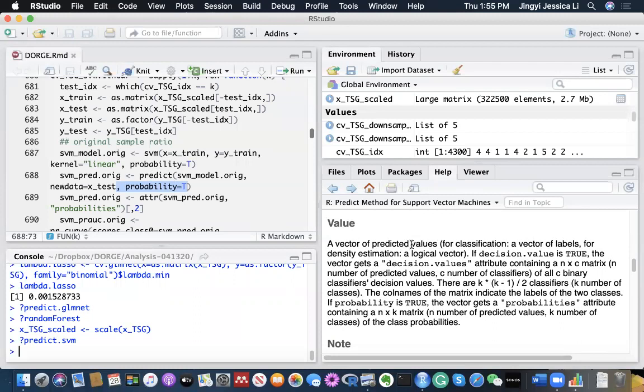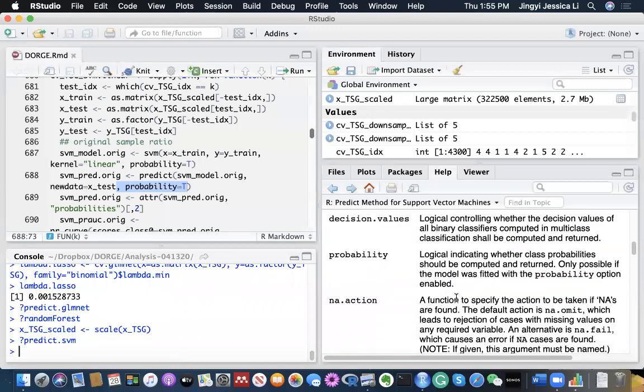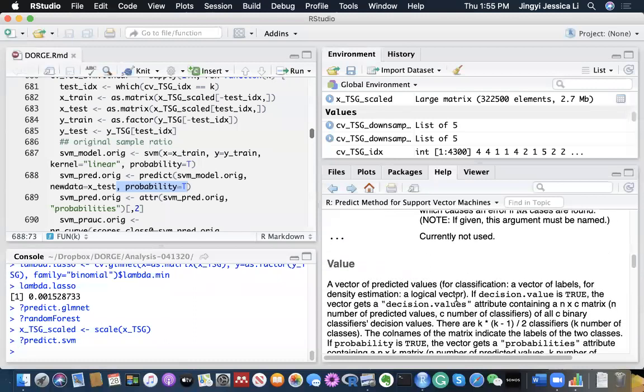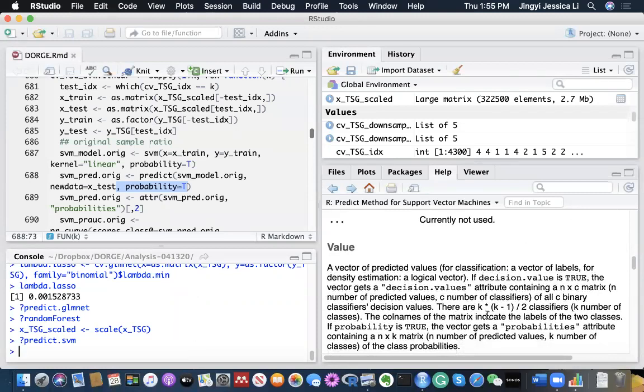However, this is not really the probabilities. Again, it's just a 0-1 prediction. So to obtain the probabilities, it says that we would need the, let me see here. And I think I need to, so basically it says that there's an attribute. So the vector will get an attribute, and, okay, if probability is true,